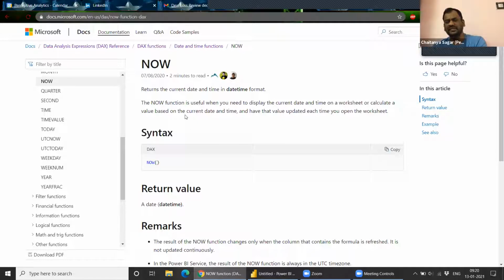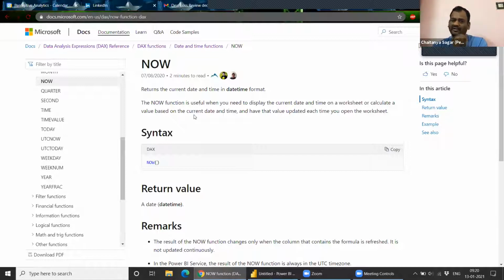Refresh also refreshes the database, right? Is that correct? Yeah, refresh will refresh the database, but it will refresh all the files. So you have to wait till all the files are getting refreshed. Correct. So that's what I'm saying. If you want to recheck now, for example, if there are situations where it is time based, I think this is more an Excel question rather than a Power BI question, because in Excel you're doing simulations, you're doing models.